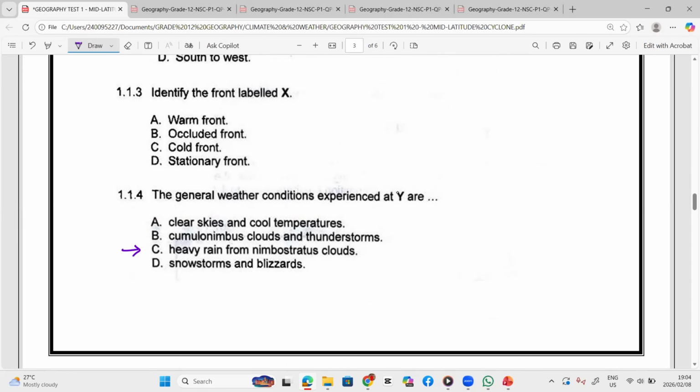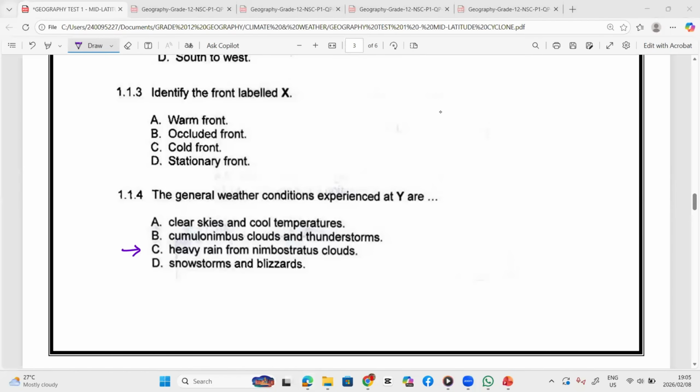You say I must debunk point B, right? So at point Y, we can't form cumulonimbus clouds. Only your cumulus or your nimbostratus clouds are formed. So it can't be B. And there's no thunderstorms because, as was said, we have soft rain. Okay, that's cool. You've debunked B. Let's hear someone else debunk C.